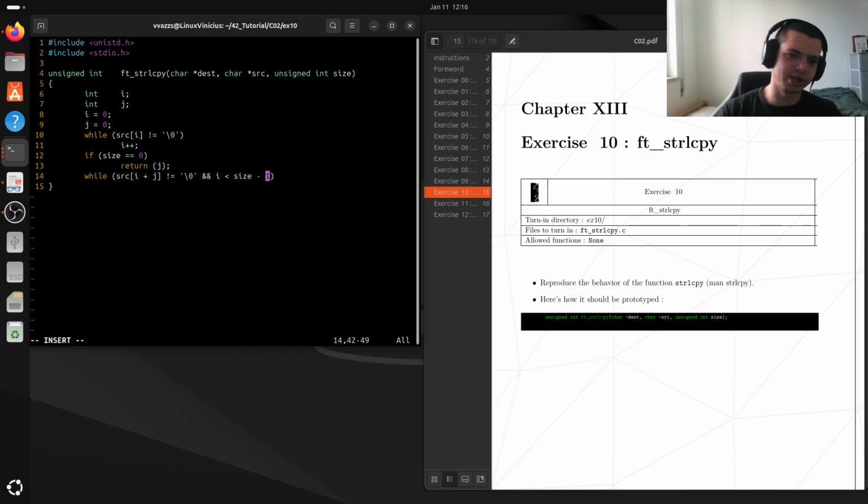Again, this minus 1 here is just to cover the array issue where the position 0 is the first value, so we use minus 1 to fix this problem on 0 and 1. Well, dest[i] is the same thing as src[i], and we do i plus plus. Now dest[i] is equal to null, and we return j. So as we see,